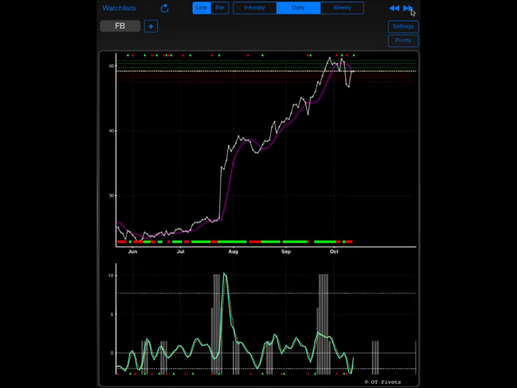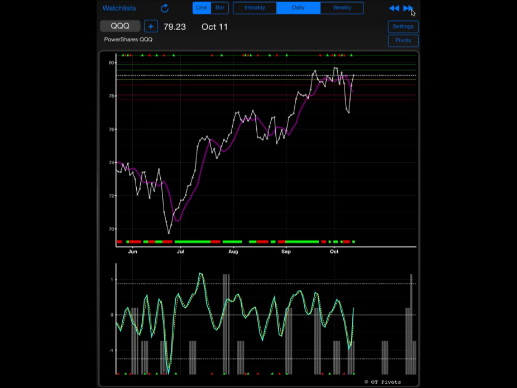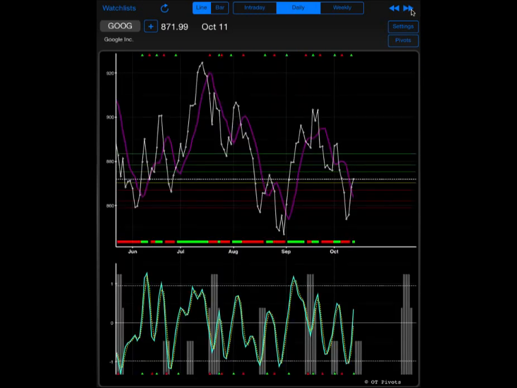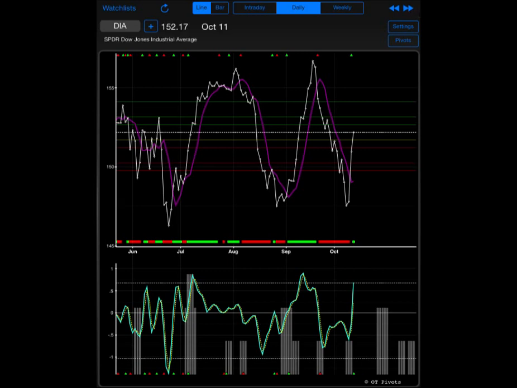The PMA and the pivot oscillator are combined in such a way as to produce 3 sets of trading signals. The top signals, green and red triangles, are generated on the basis of the price crossing above or below the pivot moving average. The bottom signals, green and red triangles, are generated on the basis of the pivot oscillator crossing above or below the 0 line. The signals in the middle, green or red bar, are activated when the top and bottom signals are in agreement.